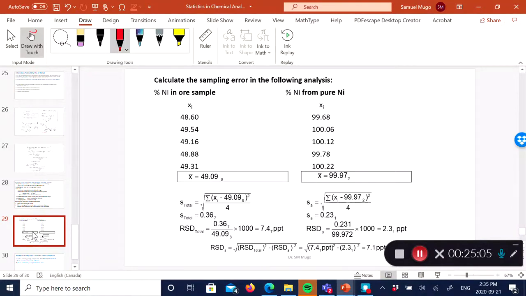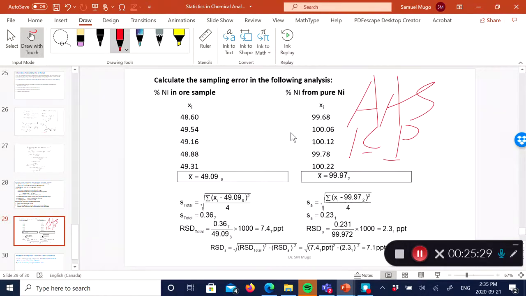So assume you're given this type of data set. You've got a pure nickel standard that you run in the lab, possibly using a technique that we're going to cover in class, called AAS, atomic absorption spectroscopy, or even ICP, inductively coupled plasma. You can run these samples on any of these analytical methods. So this one is a pure standard that you make in the lab. You run it and you're getting an average value of percent nickel as